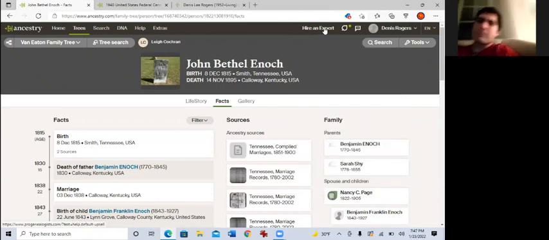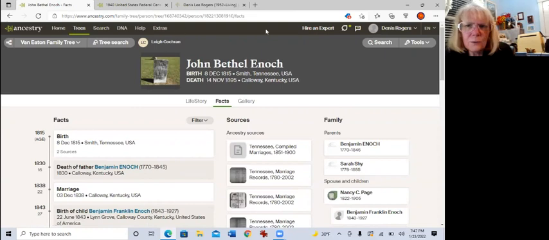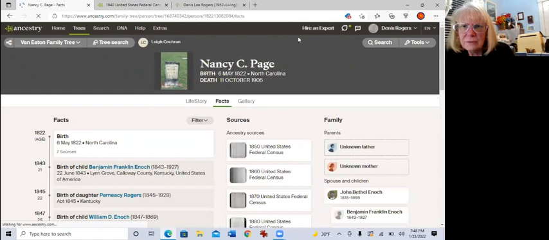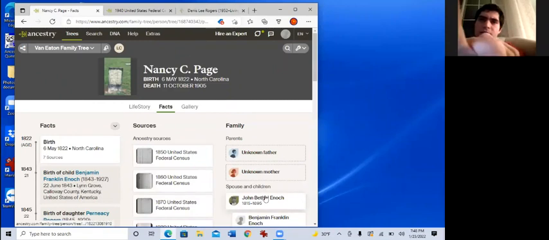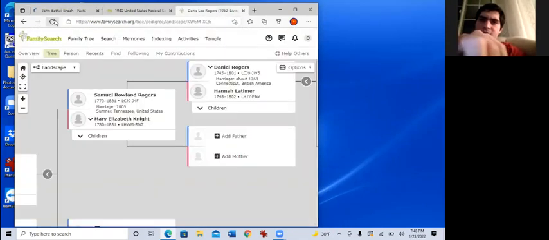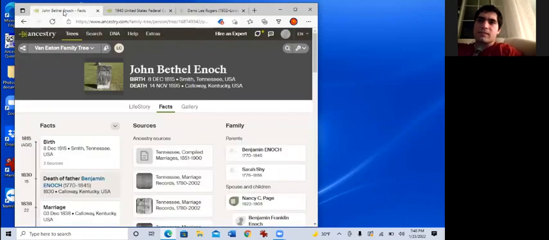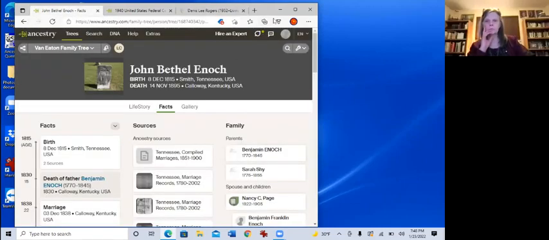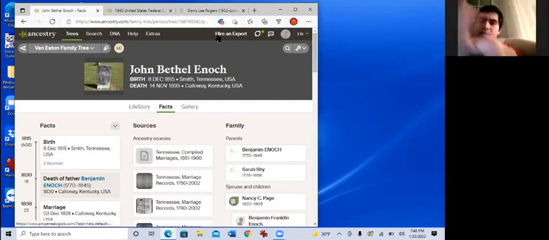Go back to your tree. It's taken away my other tree as well. What happened to my little FamilySearch tree? It's gone. That's weird. Let's see, I believe if you click right next to Van Eaton family tree. Okay, there's no tree here anymore. What happened? I think if you do the little down arrow next to Van Eaton family tree,